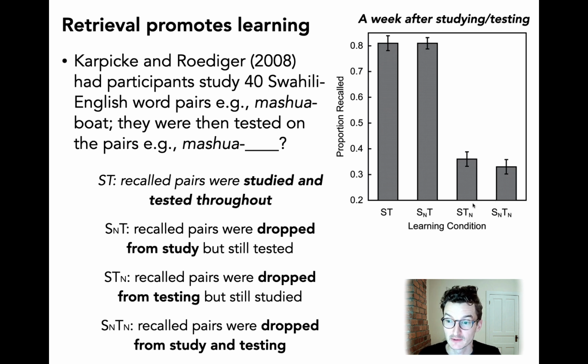So this group that, once they learned these Swahili English word pairs, just simply passively reviewed that material, was equivalent to the group that, once they learned the word pairs, stopped studying altogether, right? So it suggests that passively reviewing material that you think you already know is basically worthless. You want to test yourself on that material over and over and over again.